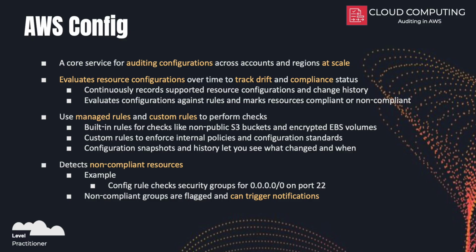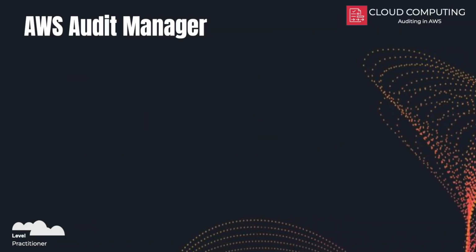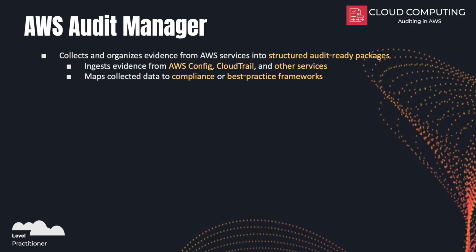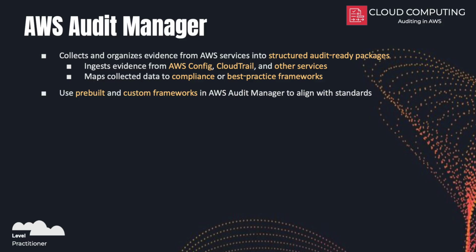They need structured evidence and formal reports in a specific format. This is where AWS Audit Manager comes in. AWS Audit Manager helps you collect evidence from services like AWS Config, CloudTrail, and others, and organize that evidence against a specific compliance or best practices framework. It has many pre-built frameworks that you can start from, such as PCI DSS, the NIST cybersecurity framework, or general